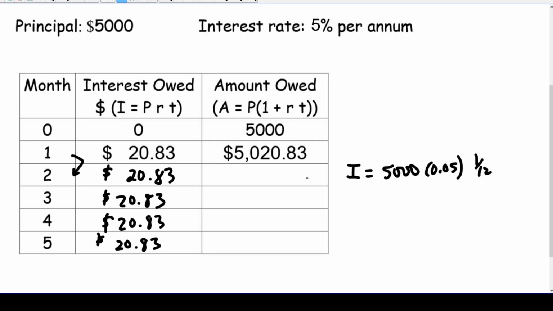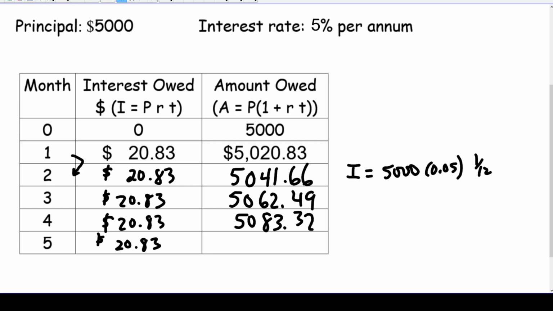And now we can fill in the rest of this table. We're just adding $20.83 each time, which I'm going to do on my calculator here off screen. Now what's nice about regular calculators that aren't scientific, like the one you might have on your phone, if you add 20.83 to 5,000 and then just keep pressing equals, it'll just continuously add another 20.83. I don't know if the scientific calculators do the same thing. So all I'm doing is pressing the equal button over and over again after the original 20.83 addition.